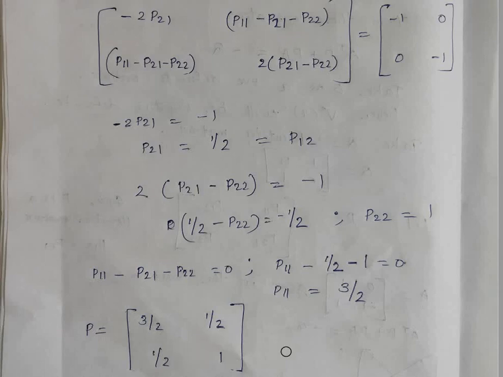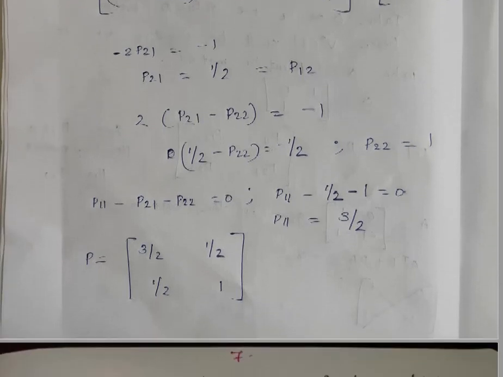So we got the P matrix. Now the next step is, we have assumed Q as a positive definite matrix. Then we have to substitute in the equation A transpose P plus PA is equal to minus Q. For that, V of x should be positive definite and V dot of x should be a negative definite function. So from this, we have to check whether our P matrix is a positive definite matrix. When the P matrix is positive definite, then only our condition for stability will match. So check whether the P matrix is a positive definite matrix.